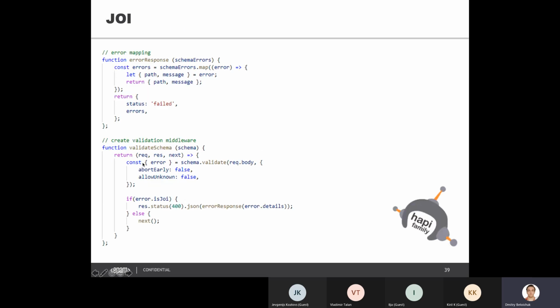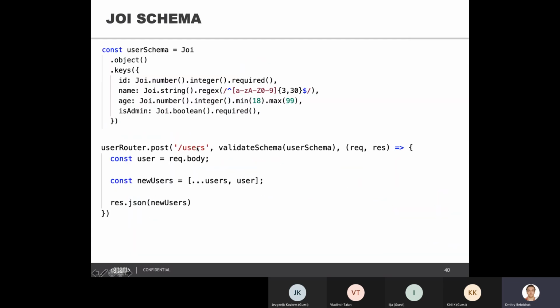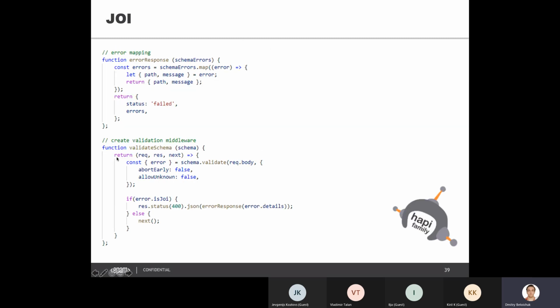And that's what we see here, request, response, and next. We just use an additional wrap function to dynamically provide the schema for validation, to reuse that validate schema middleware. It will be just for everything that has a body,